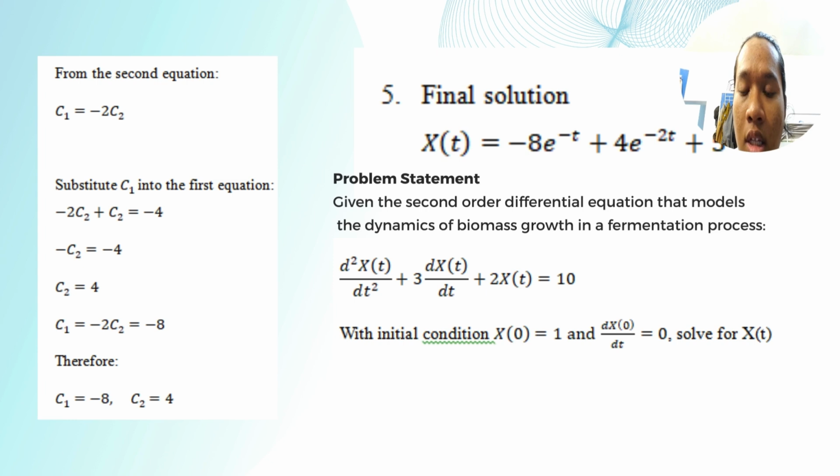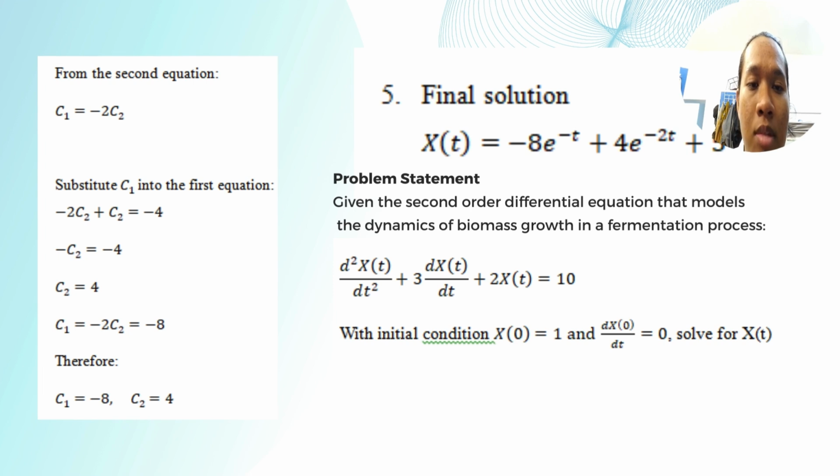After we get the c2 value, we can insert that back into the second equation, which is c1 equal to negative 2c2. So we will get c1 equal to negative 8. Therefore, c1 will be equal to negative 8 and c2 will be equal to 4. For the final solution, we just need to insert the c1 and c2 values into the particular solution. So we will get x(t) equal to negative 8 e^(-t) plus 4 e^(-2t) plus